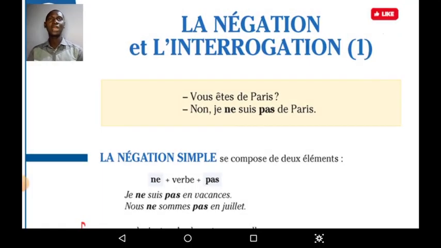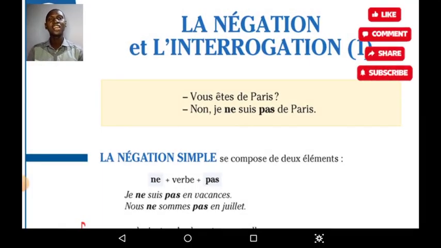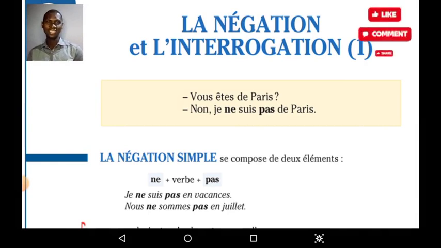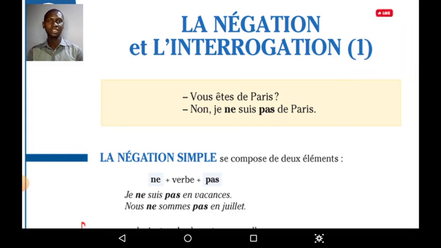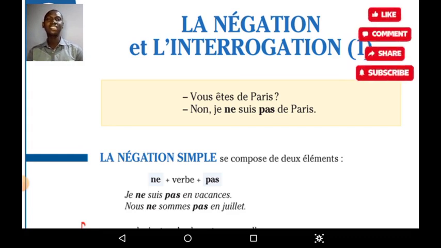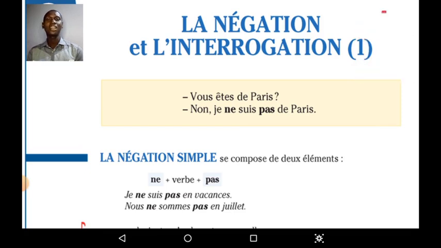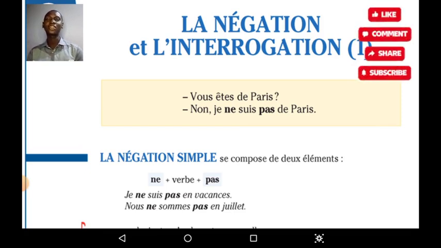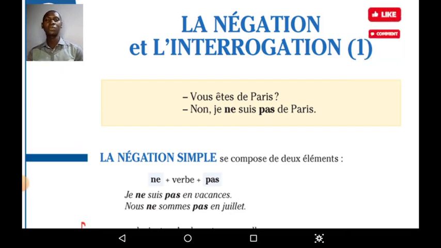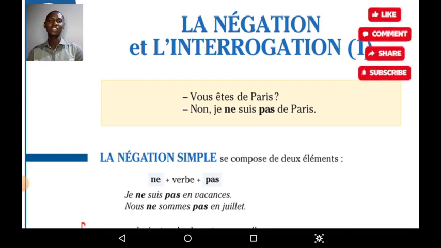In every language, generally, we have a way of saying things in the negative. And for you to actually master a language, you must be able to ask questions at a particular time. So you are going to understand in a few minutes how to make good sentences in the negative in French and their responses. Number 2, you're also going to learn how to ask questions in French. And mind you, this is just negation and interrogation 1. I'm going to deal with some other complex forms later. This is just the basic form we want to deal with now.